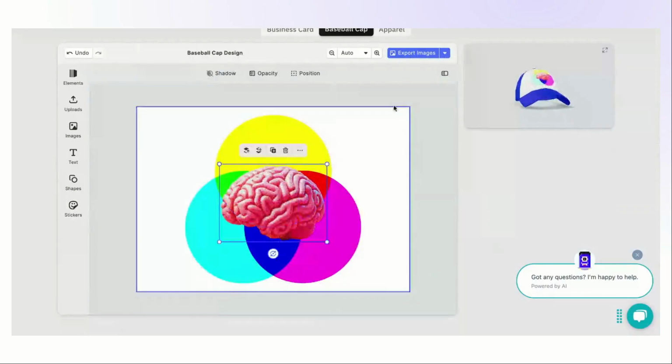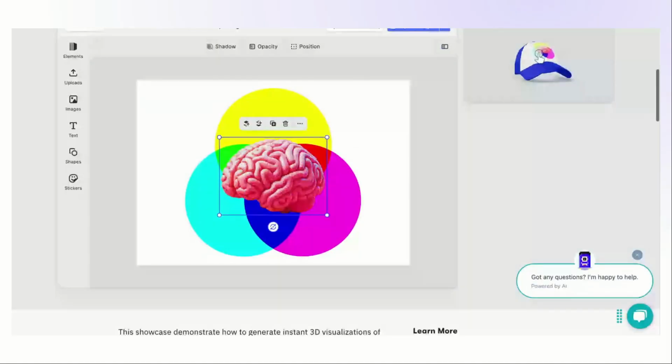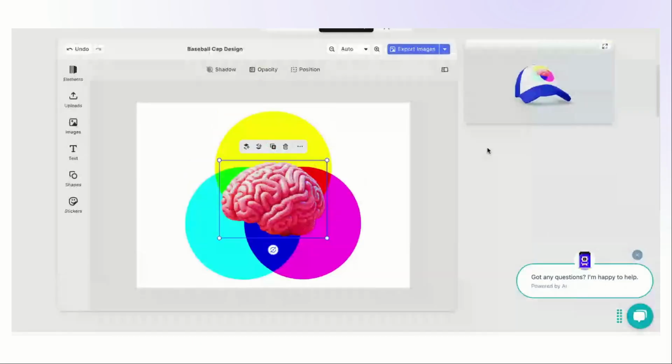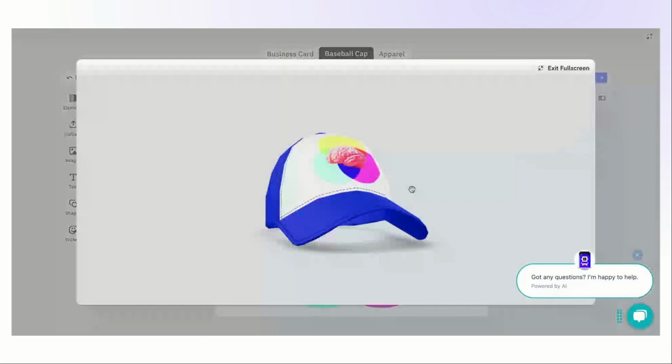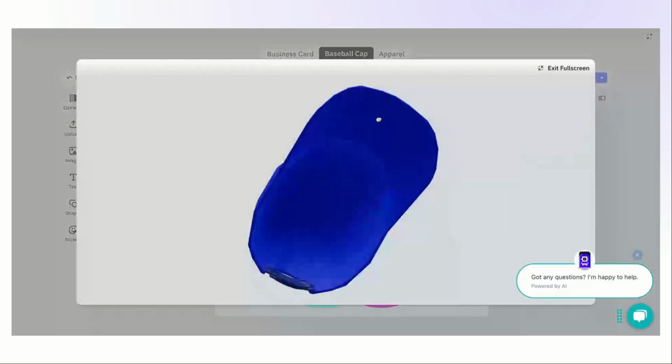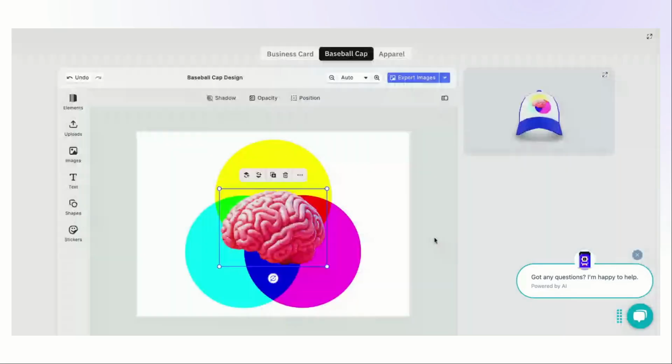So here in this demo, in the background, at a set interval, we always grab the template, render it, and then use another tool to render the texture onto a product. So I can actually look at my hat, examine it, and if I'm confident here, I can go to export